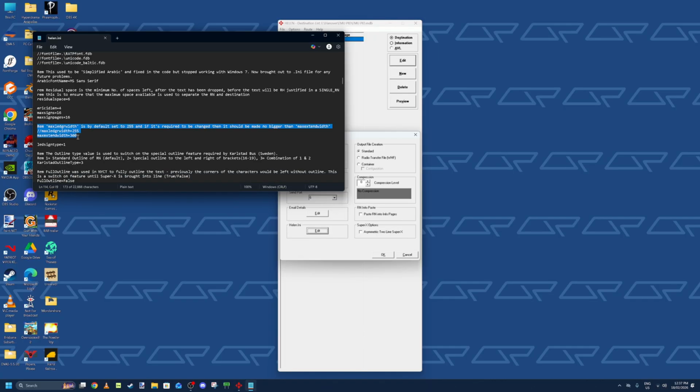This is max LED GR width, which is set by default to 255, and if required to be changed, then it should be made no bigger than max extend width. So what we are going to do is not change anything too drastic. We are just going to add an extra 0 to the end of each. So if we click Save,